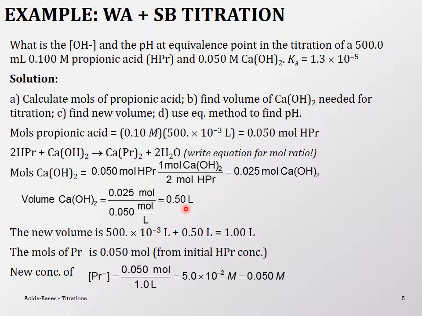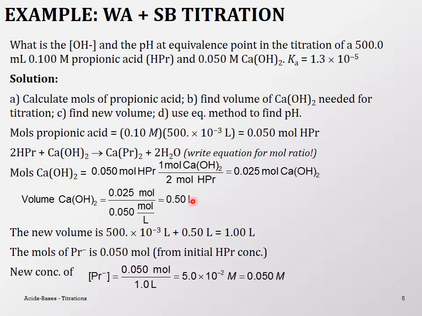It just happens to be the same as what was given to us for propionic acid, but it may not be the same, so don't get fooled by that. It just happens to be the same volume because of the concentration of calcium hydroxide. It is half that of propionic acid, so you need twice the volume. So anyhow,